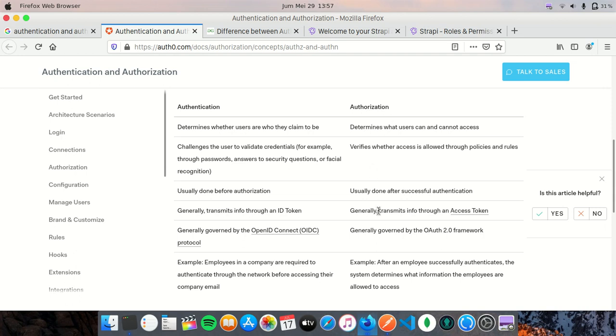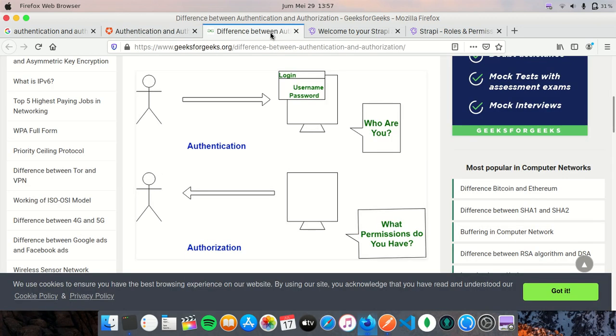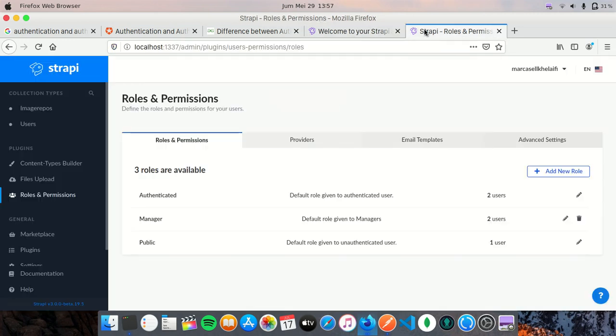So in authorization, generally it transmits info through an access token. So one of the credentials given during the authorization process is JWT, which stands for JSON Web Token, and it is used to access an API, which we will cover later using Postman. So the explanation, I think, is enough. So let's go back to Strapi,